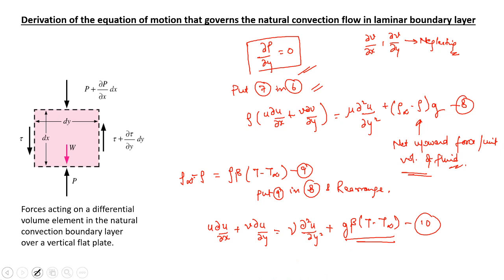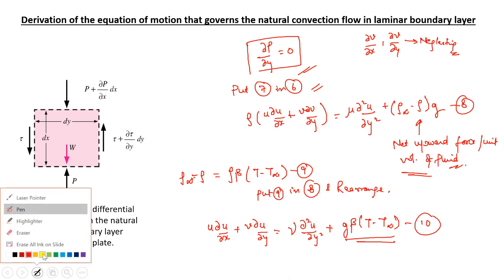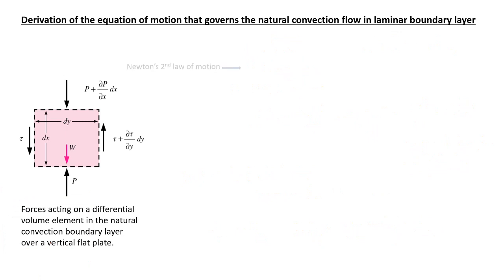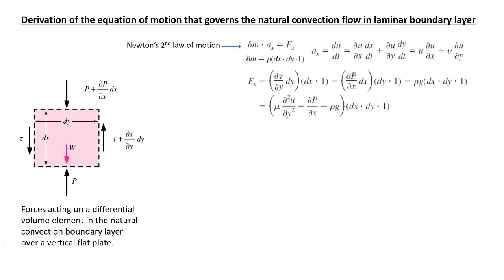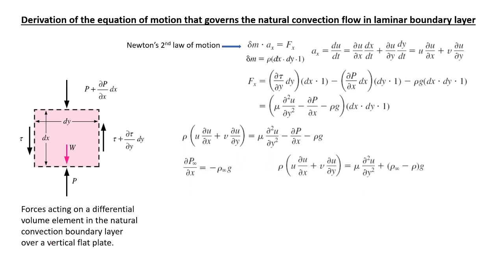I'm moving forward in these slides and you will see these results in one place. So from Newton's second law, these were the results we have calculated. This was equation number 6. Then we have done this. This was equation number 9. We put it in equation number 8 and we get this equation as equation number 10. So as per our derivation, this was equation number 10, this was equation number 9, this was 8, and so on, right? So you can simply recall all these equations.